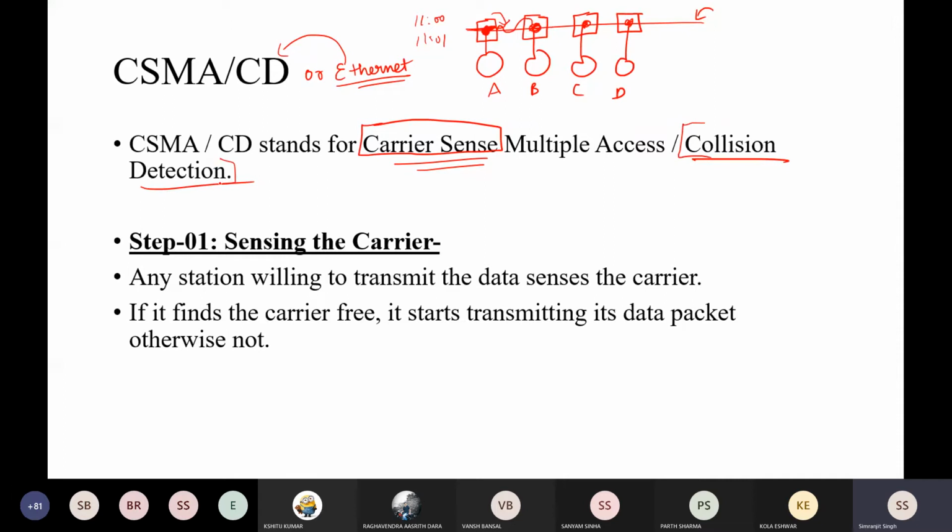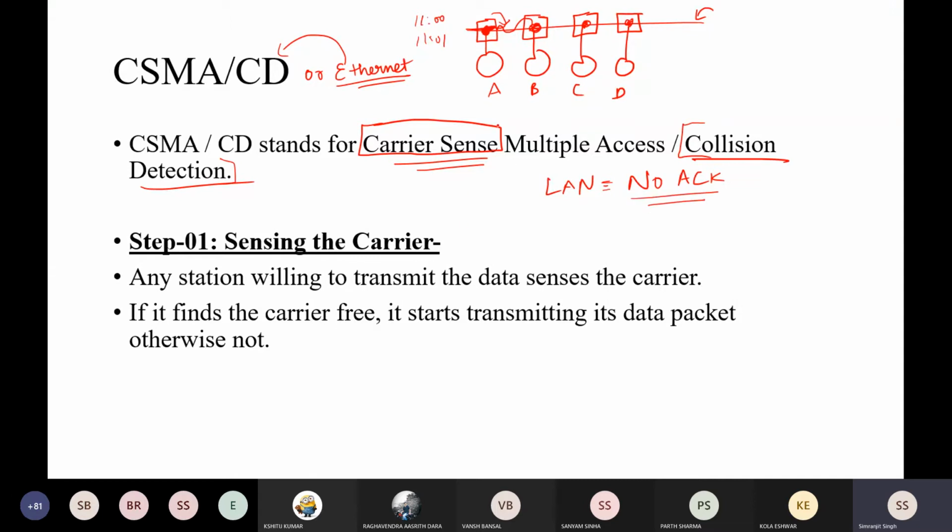If there is a collision, we come to know about it, so we can retransmit the packet, because you already know in LAN there is no acknowledgement. Keep that in mind, because LAN is considered one of the most reliable means of communication. When you communicate in LAN, it is very rare that your packet will get lost or get into collision with any other packet. That is why we do not use acknowledgement.